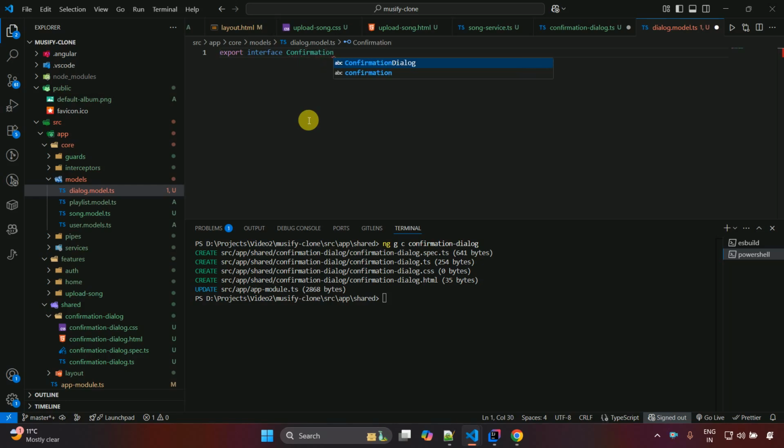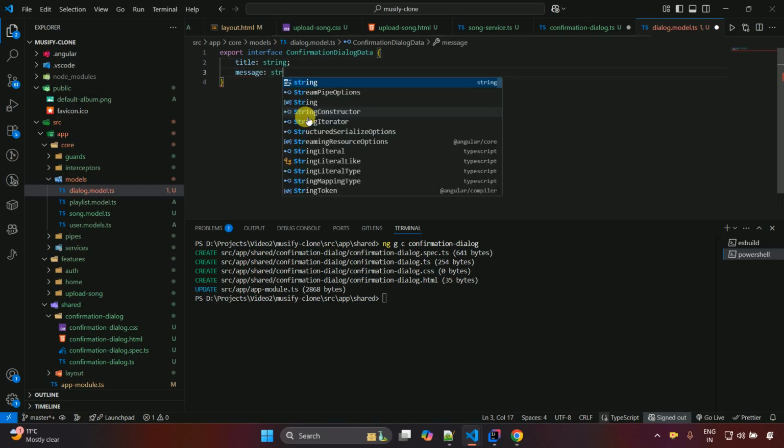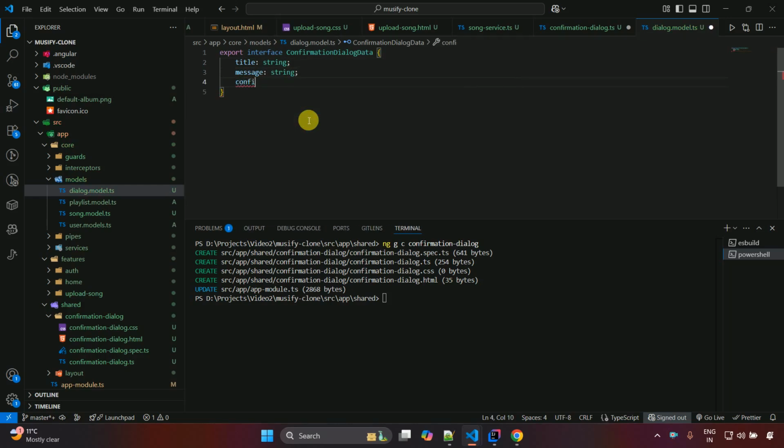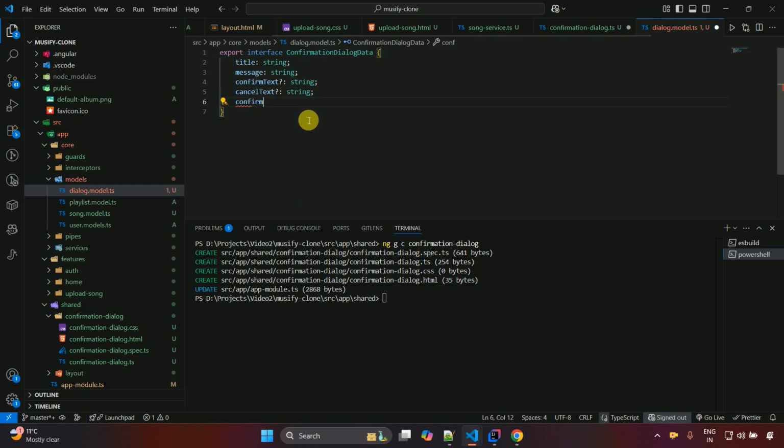Dialog Data, and then curly brackets, and here we have to write title, which is of a string type, and then message, which is also a string type, and then confirm text, it should be optional and it is also of a string type, and then cancel text, which is also optional and of a string type, and confirm color, and this one primary,